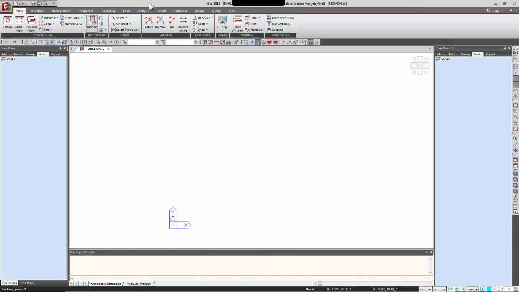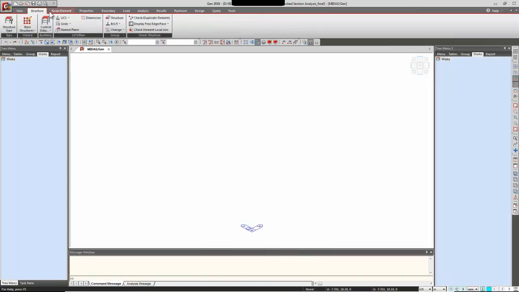This is MIDAS software solution. Let me introduce you firstly to the user interface. X, Y is the horizontal plane and Z is the vertical axis. Then further, this is the ribbon menu, which is divided into different tabs, and all these tabs are arranged as